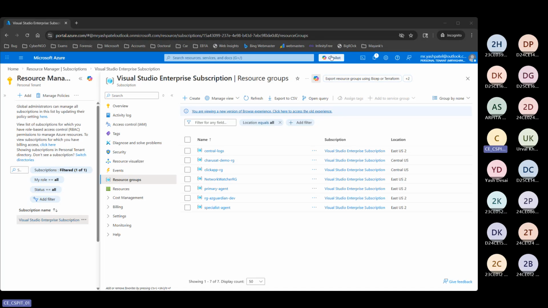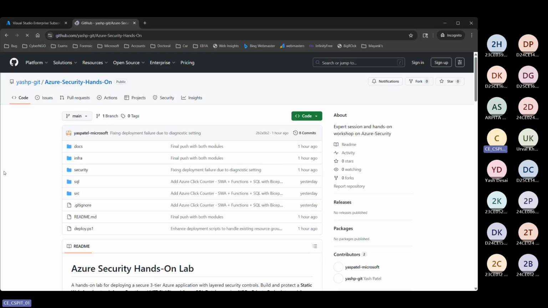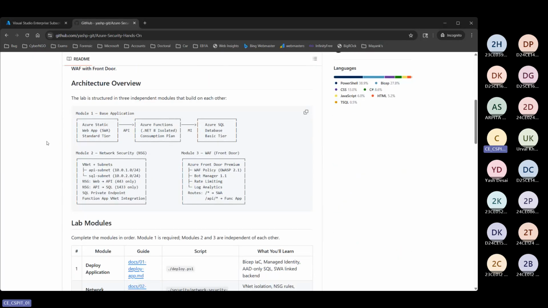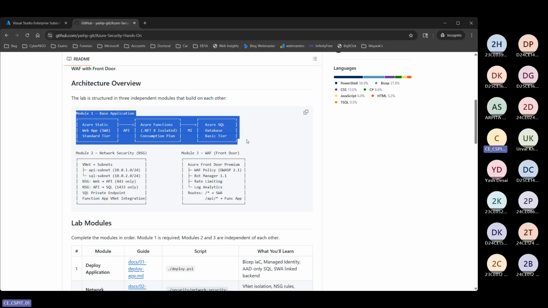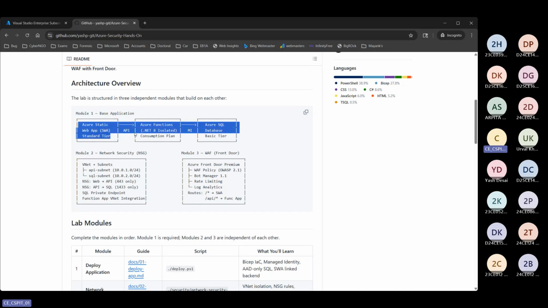All right. I hope everyone cloned the Git repo. So let's start from here. When you clone this Git repo, this is module one that we're going to do right now. Module one is basically setting up a web application, an Azure function, and a SQL database. When you deploy these three different components, then you'd probably have